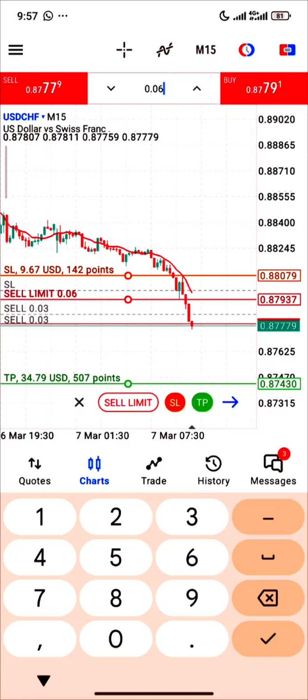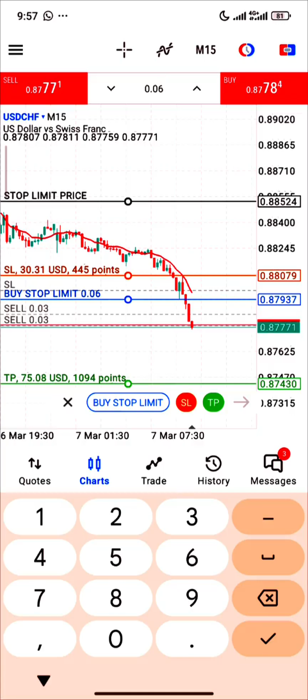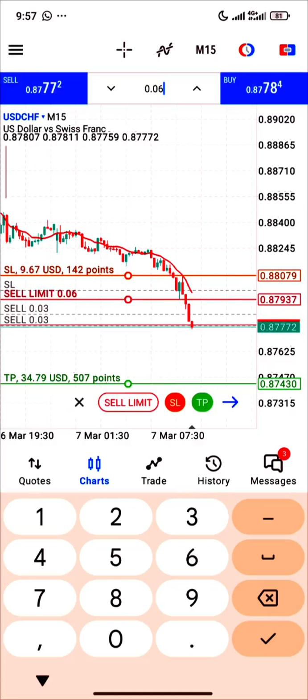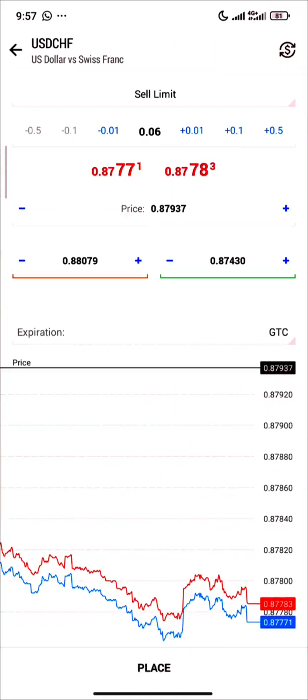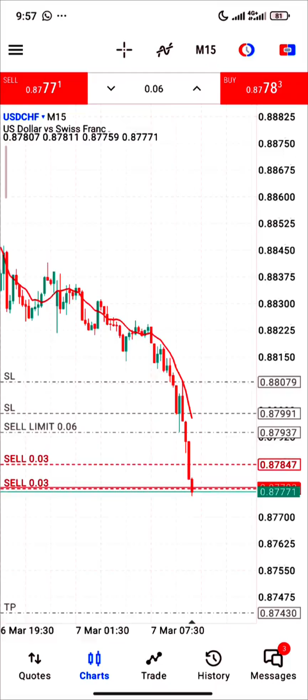After doing like this now, you have your entry point, you have your SL point. You just simply go and click on the, you see the sell limit now. You click on sell limit. Okay, so this is sell limit now. You just simply go and click on this arrow now that is showing blue. So let's do that now. Click on this arrow, and then you say place, and now boom, your order is in the